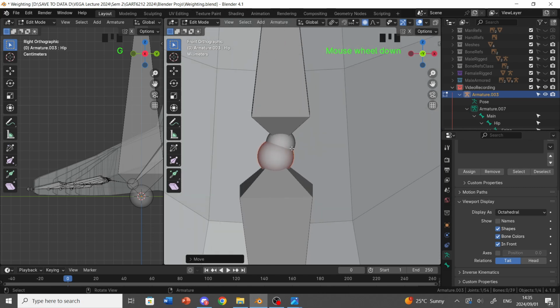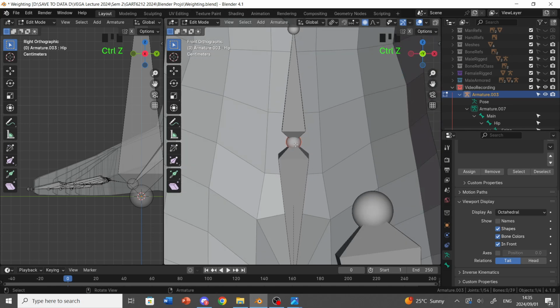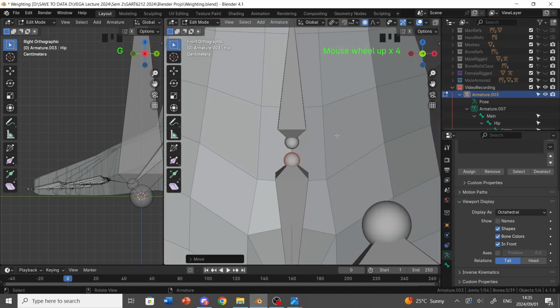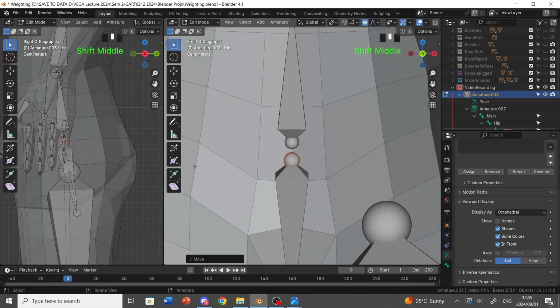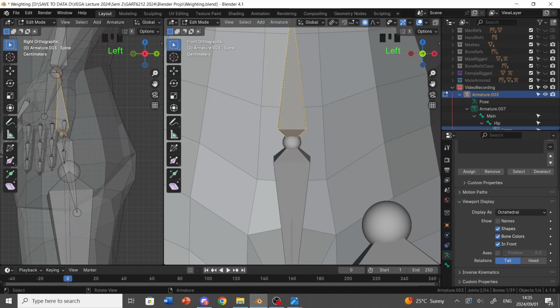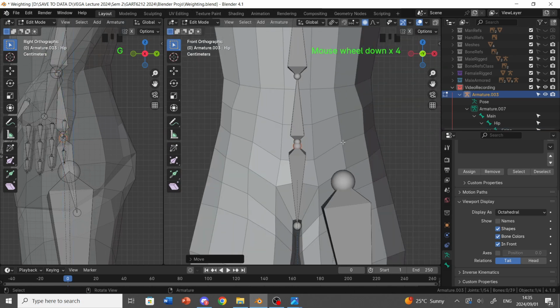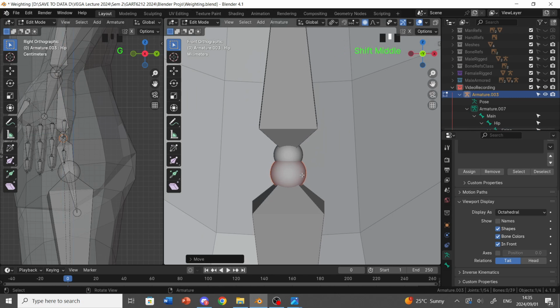That is something that we actually very much need to fix. So I'll just do that for the sake of the example, just to show you guys the fix. Okay, so let's say this one is a bit down here. Alright? Okay, so if you have a problem like this where the bone is not connected on the nub, you